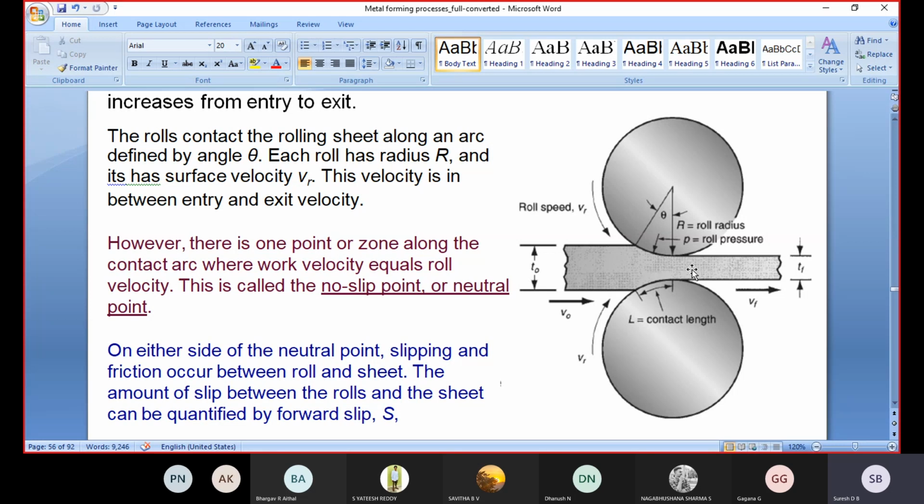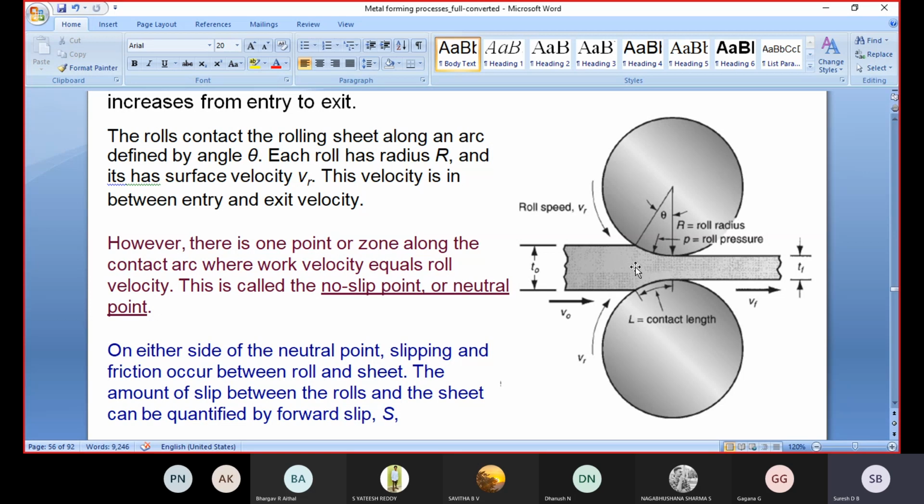Then roller speed is also very important. If you go for higher speeds, it is very difficult to maintain good surface finish as the material is compressed. If you go for a lower speed, you can maintain good surface finish after completion of the rolling process. What is the main reason that at higher speed it is very difficult to maintain a good surface finish? Once the rollers rotate at higher speed, the material is suddenly compressed.